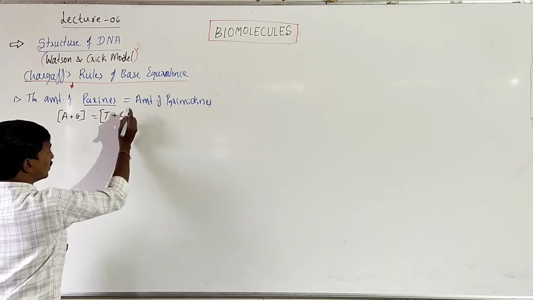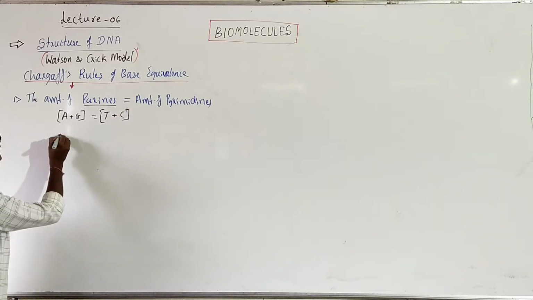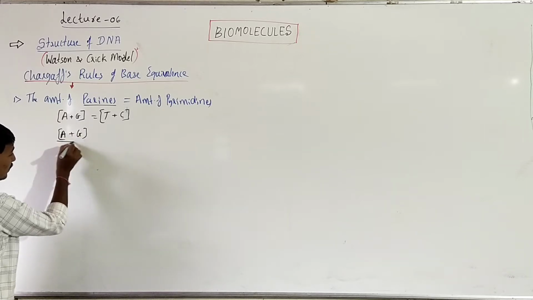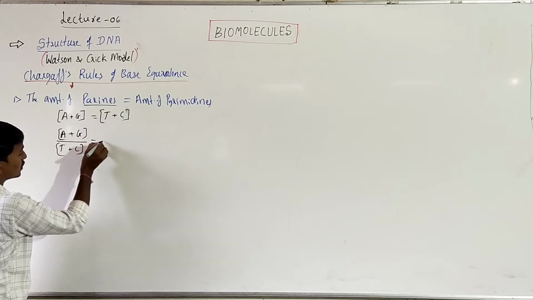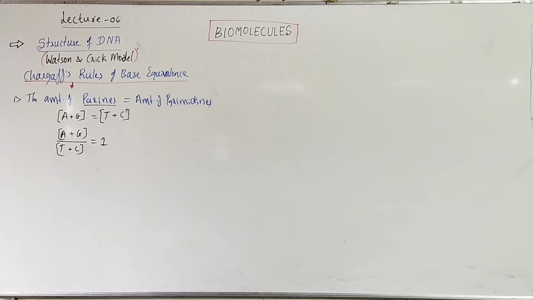So it will always be equal, or else adenine plus guanine divided by thymine plus cytosine will always equal 1. This is the first rule of Erwin Chargaff. Okay, second rule,